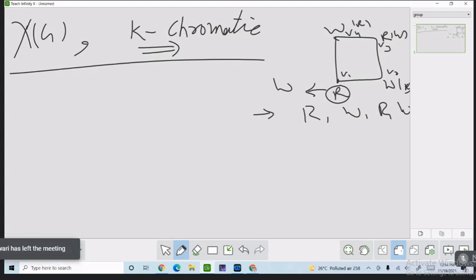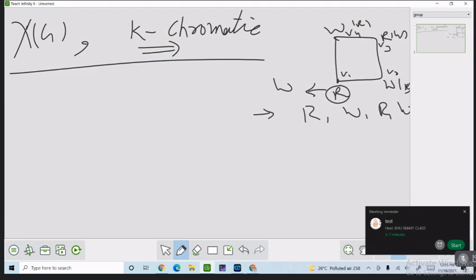Same here, using lambda colors or fewer than lambda, we can color a graph, and there are a lot of ways of such proper coloring. So basically, using lambda colors, we obtain a polynomial. That polynomial is called the chromatic polynomial.